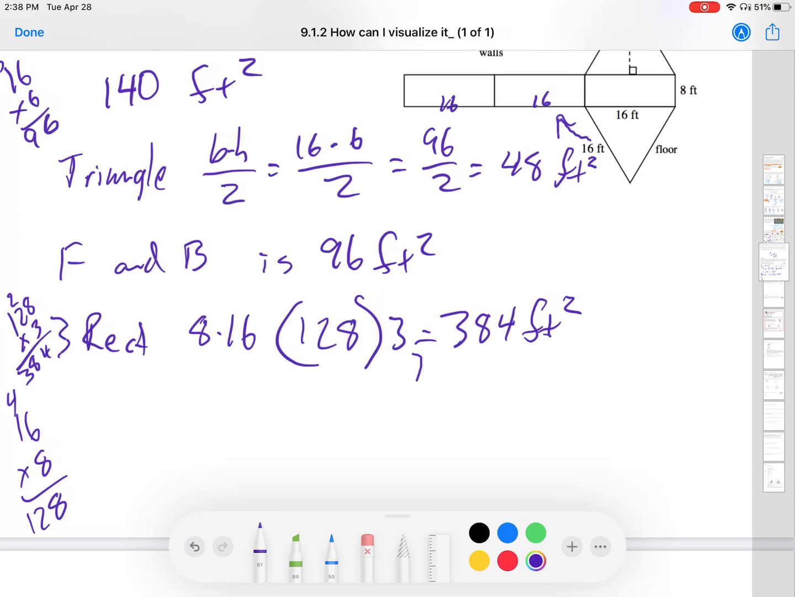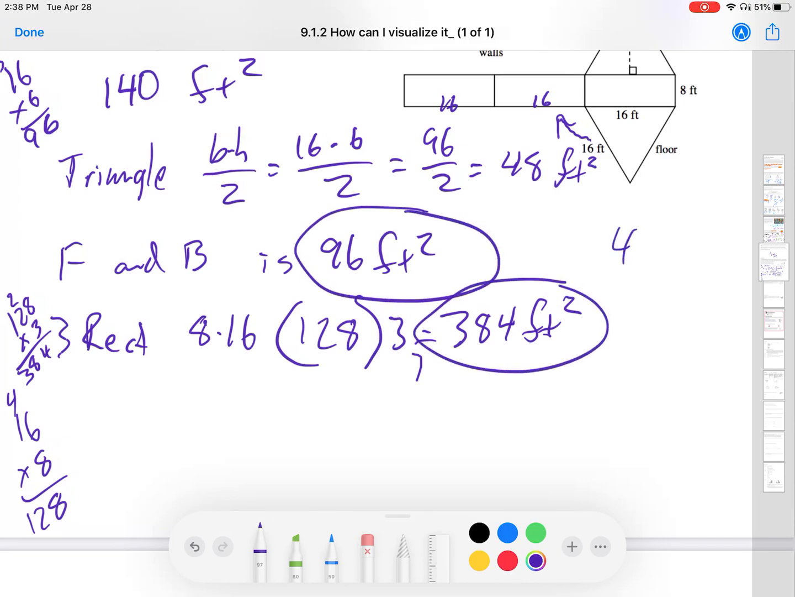400. Yeah, we will. 96 plus 384. We're going to get a total of 480 square feet. Well, remember that paint can. Holy cow! 140 square feet for each paint can. So what we're going to do is we're just going to divide that. We're going to divide that by